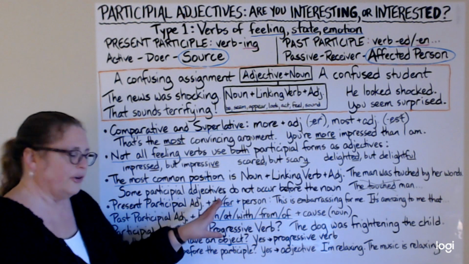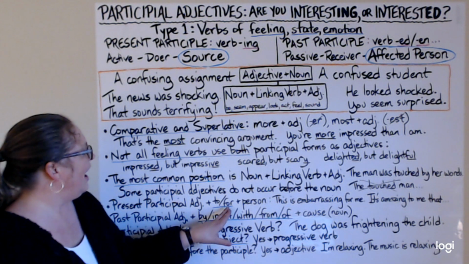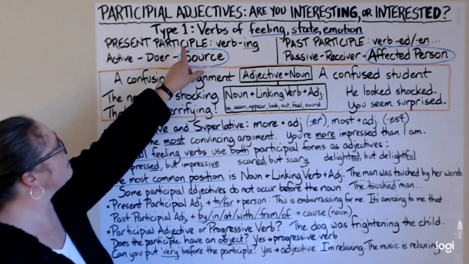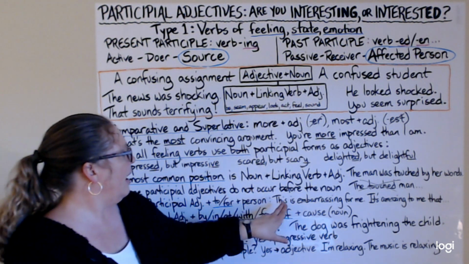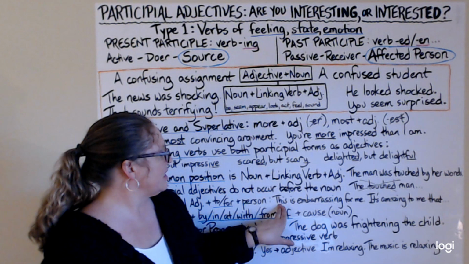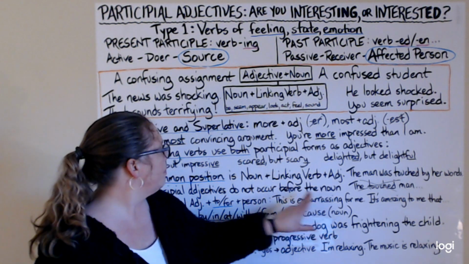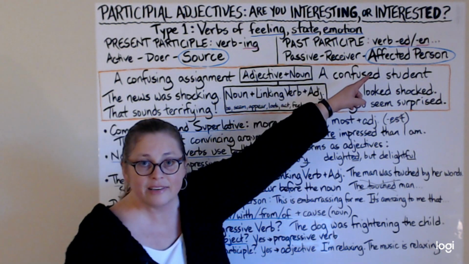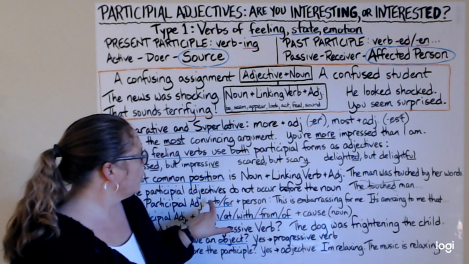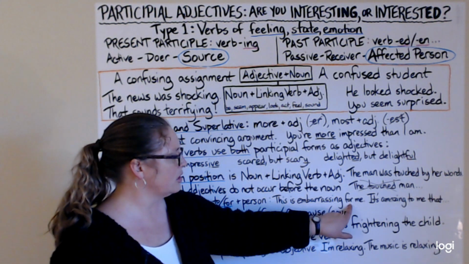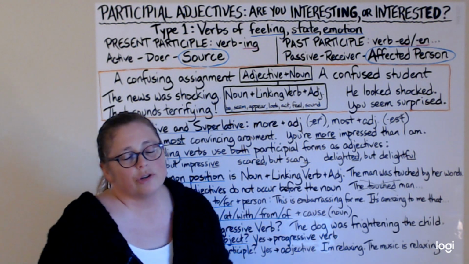Now, let's talk for a minute about prepositions. Prepositions are always tricky. The best thing to talk about first is the present participle, describing the source. So, the source of the embarrassment. This is embarrassing. If you want to talk about the person who is affected also, then you would use for or to. With embarrassing, it's for. With amazing, it's to.